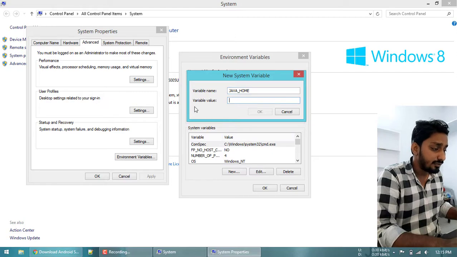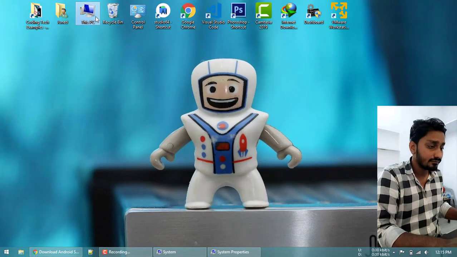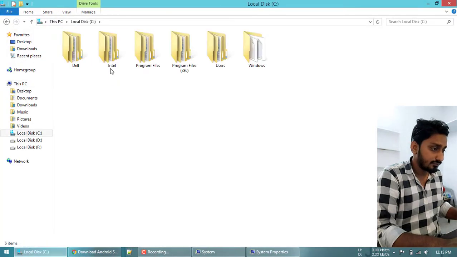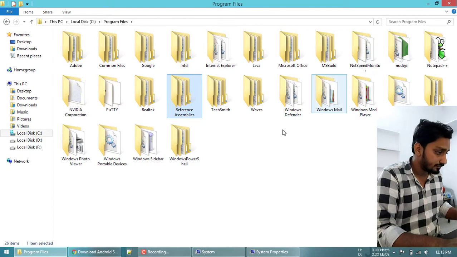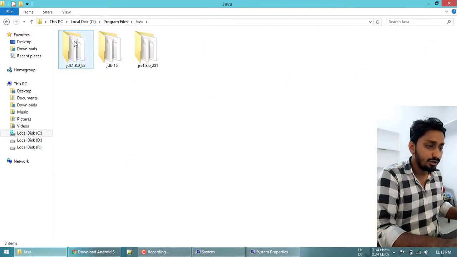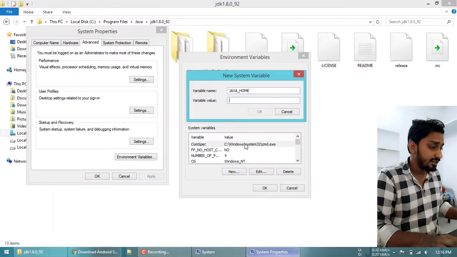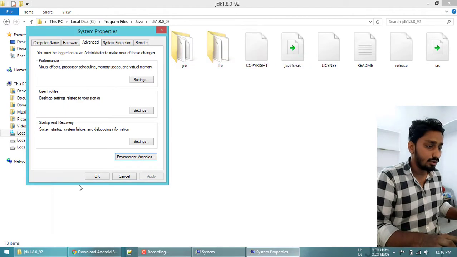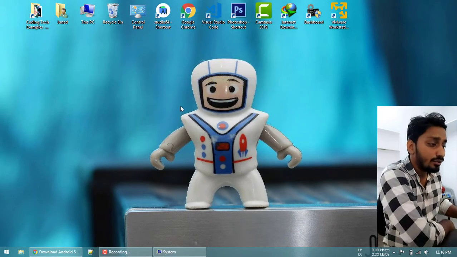As the variable value, simply go to your C drive, Program Files, Java folder, then the JDK 1.8.0 folder, copy the path of the JDK and paste it in the variable value. Click on OK, OK, OK. Now your Java JDK path is successfully set. Now start Android Studio.